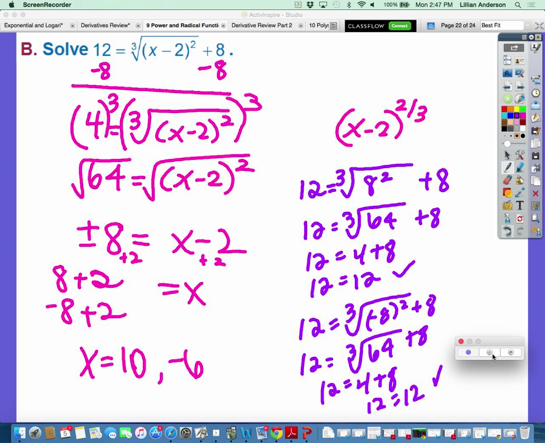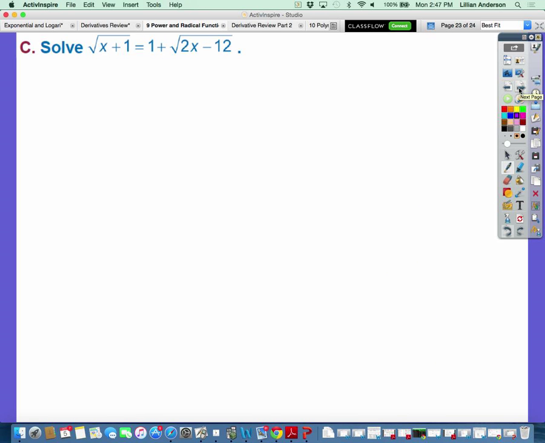Now the last one. Okay? This involves a little bit more. Because unlike the other two, what's different about C compared to A and B? There are 2 radicals. It has radicals on both sides. So this one's going to take a little bit longer. Now, I know you're probably already a third down at the bottom of the page, okay? So you probably want to write a little bit smaller for my bigger writing individuals. Okay? So,